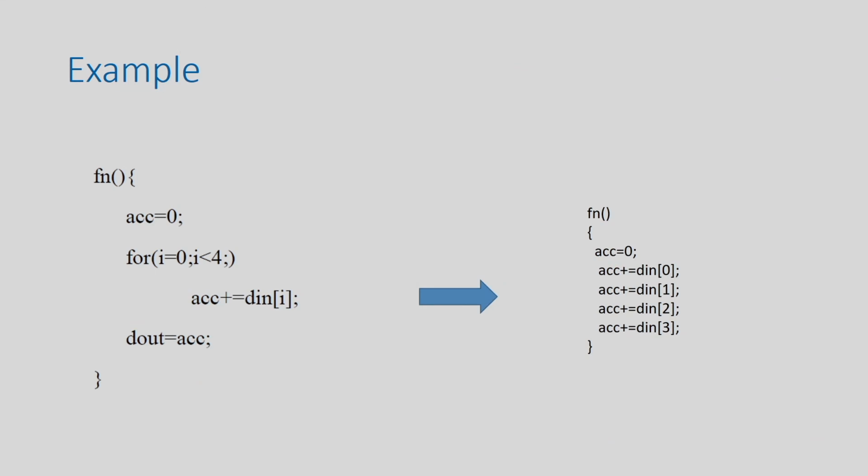So, now I take the second example, the first example that I have taken earlier, where you just do this accumulator D in, and if you unroll here you will get this, right. So, basically there is no loop, it becomes a straight line of code. But here you can see the iteration, because it is accumulator equal to accumulator plus D in. So, whatever I am calculating for accumulator in I 0, I 1 will depend on that, right. You can see this accumulator is getting used here, here, and here, right.